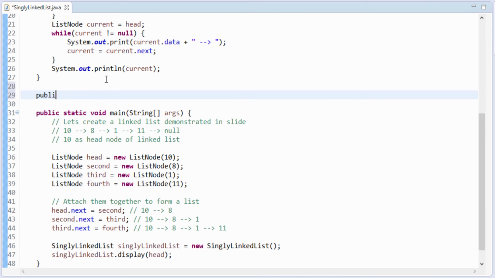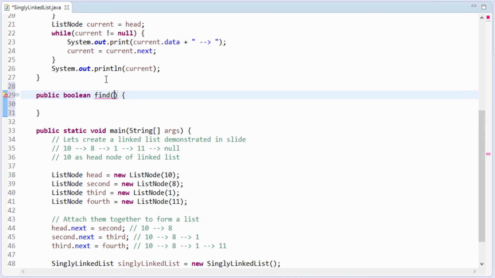So we'll create a public method with a return type as boolean, and we'll name the method find, and to this method we'll give ListNode head and an integer, say search key.